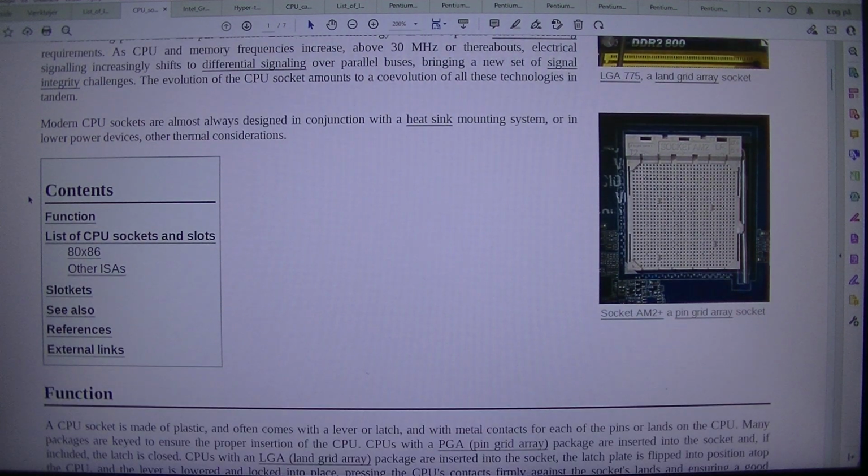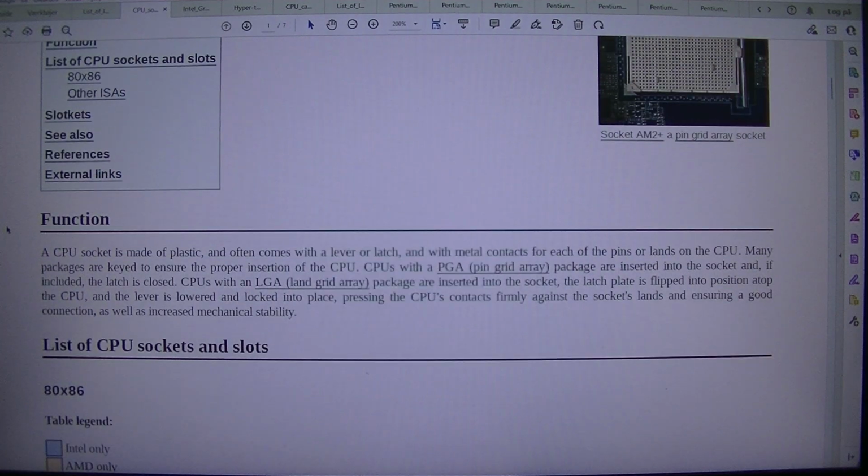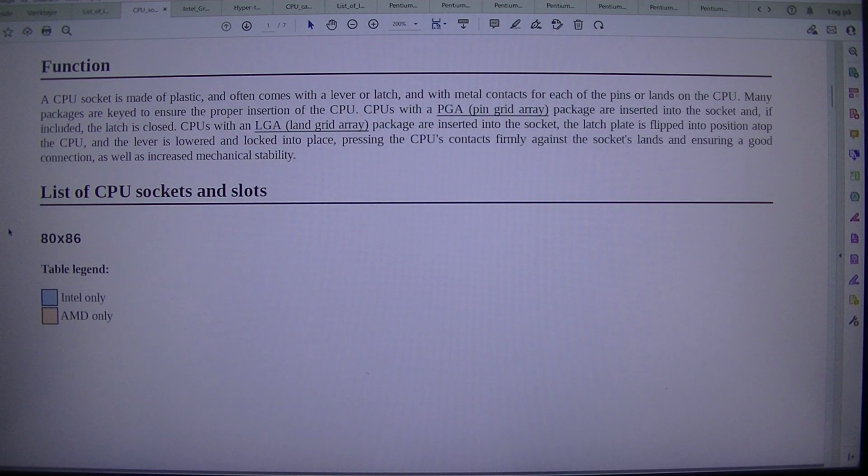Modern CPU sockets are almost always designed in conjunction with a heatsink mounting system, or in lower power devices, other thermal considerations. Contents. Function. List of CPU sockets and slots, 80x86. Other ISAs. Slockets. See also. References. External links. Function. A CPU socket is made of plastic, and often comes with a lever or latch, and